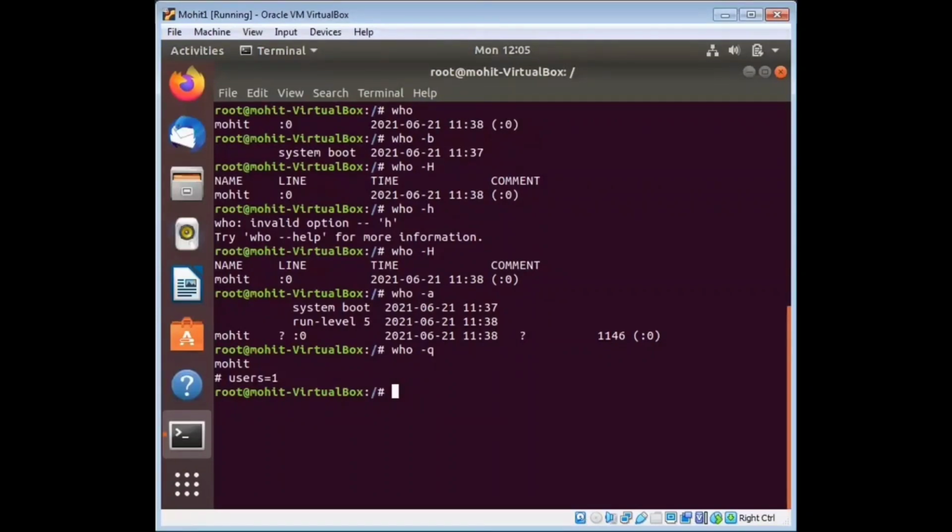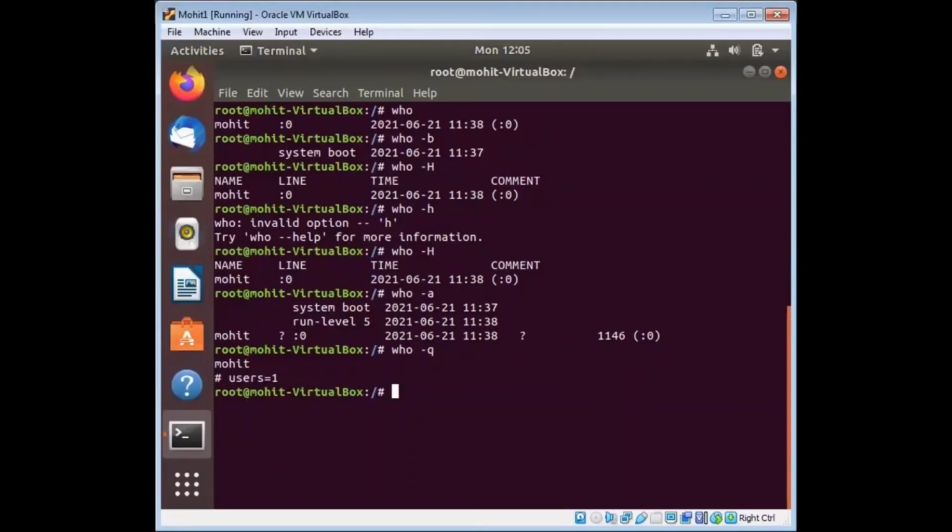If in your Ubuntu Linux operating system you create multiple users like Mohit 1, Mohit 2, Mohit 3, it will show all over here, like users 3, users 4. So right now only one user.